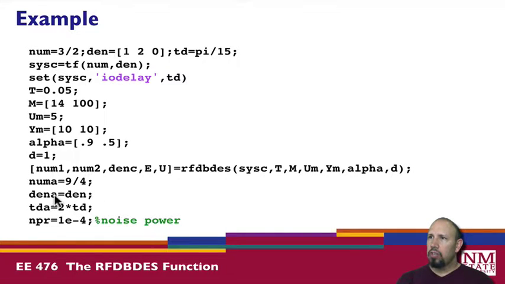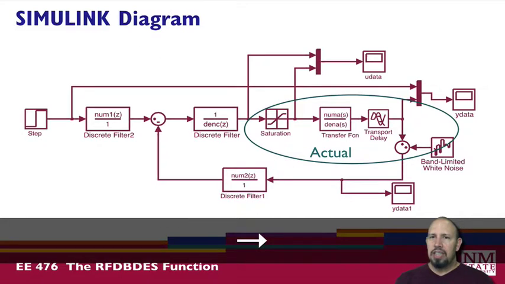So here's our actual transfer function. Here's our actual time delay and the noise power. Here's the noise power we're going to use because we're actually going to have noise here. So remember, our robustness program included both uncertainty as well as noise. Notice the time delay here is this. Here's the actual time delay, which is twice that. So these are the values we use, and by entering these values, we can then use this simulation